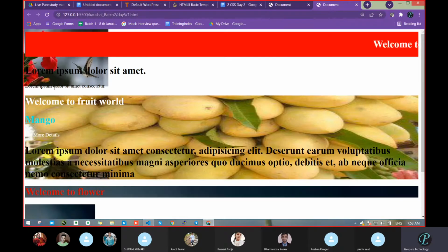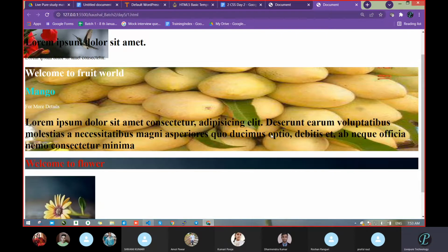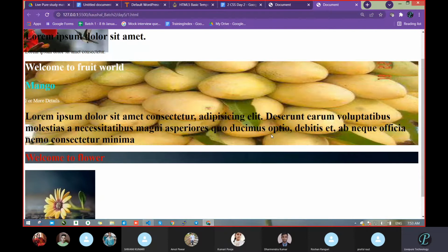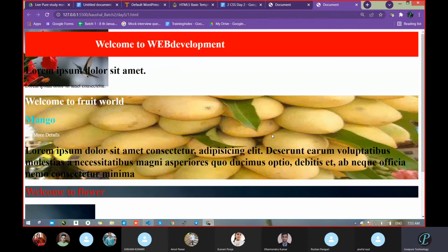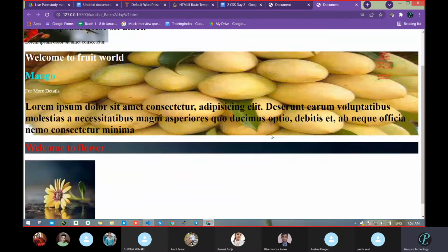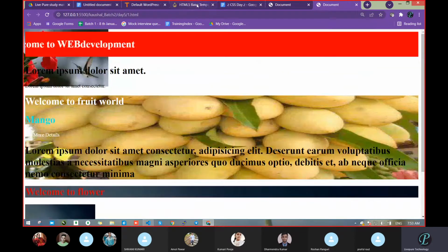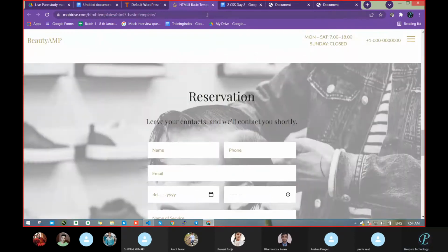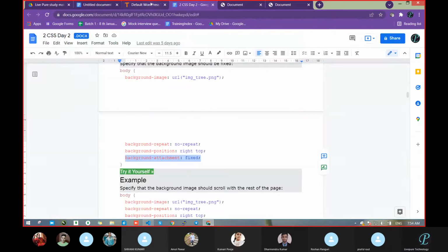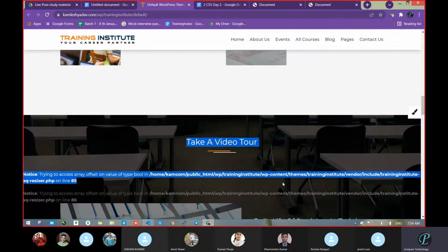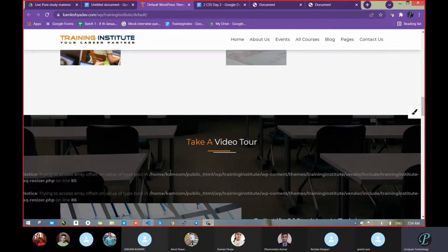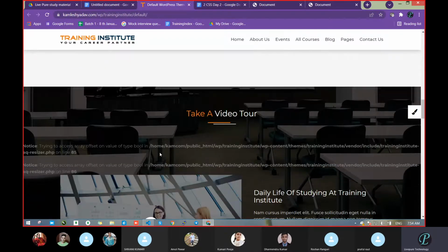So see here, some text is available on this one. Some text is available here. When I scroll, just look over that. What is happening? The backside image is fixed, but we are scrolling the other section, the top section. The same thing is happening in this reel. In this section, the text or upper layer is moving, but the backside image is fixed as usual.